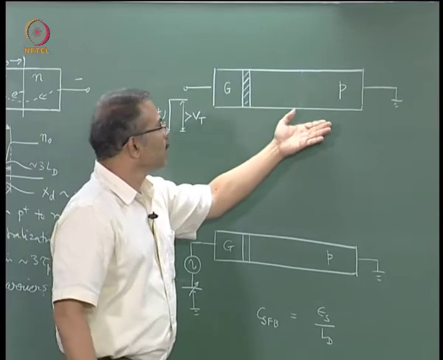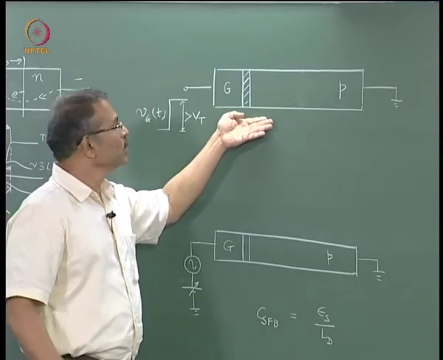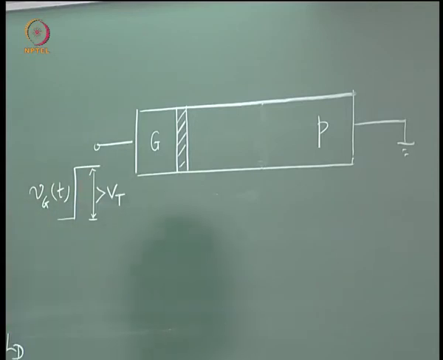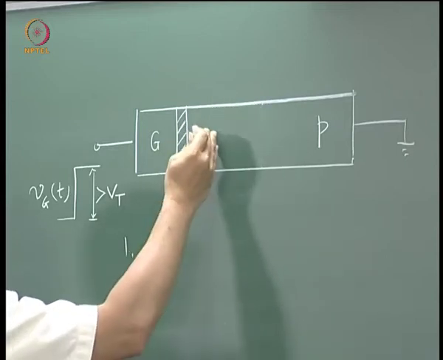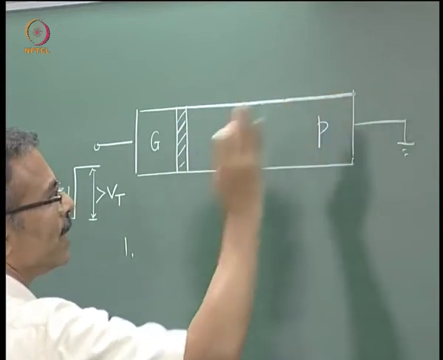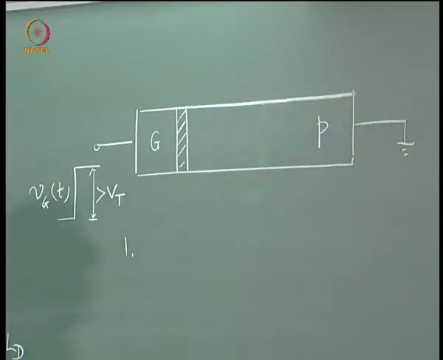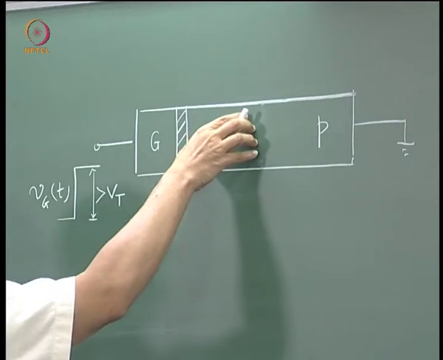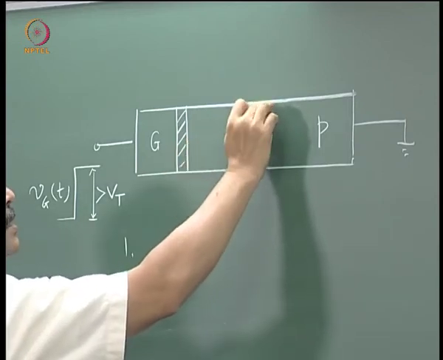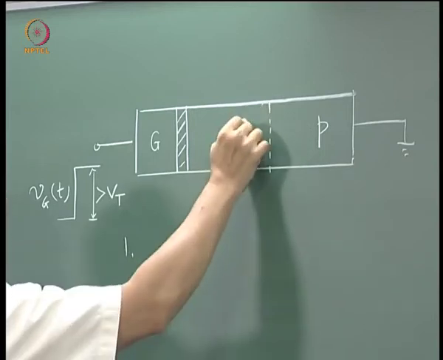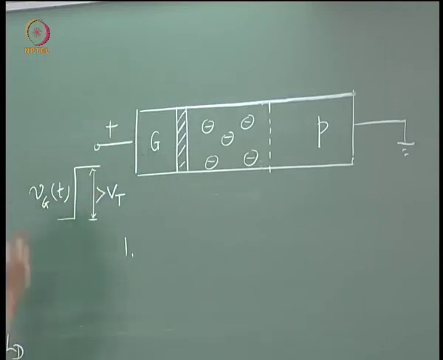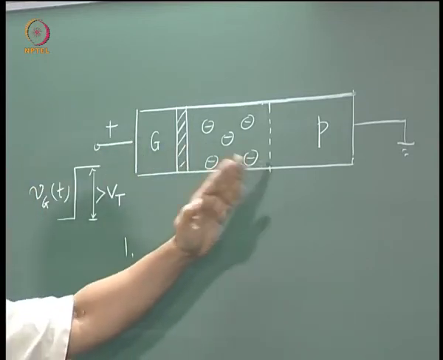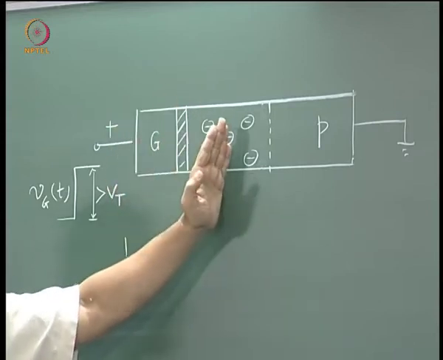Now how will the conditions in this device evolve to create the inversion layer? The first stage would be creation of a depletion layer, because the majority carriers, holes, can be quickly removed from here in the dielectric relaxation time. So there is creation of a space charge from majority carriers in dielectric relaxation time. Let us say this is the depletion region edge, and this is the space charge that you have created because you applied a forward voltage.